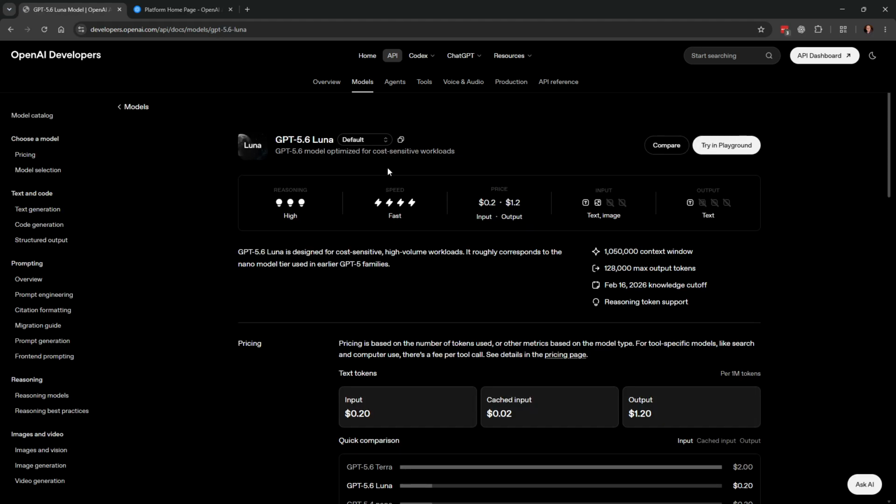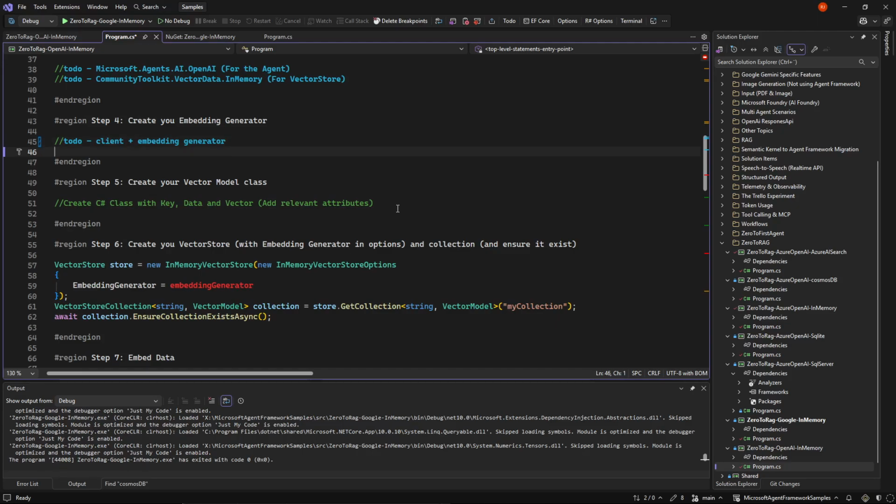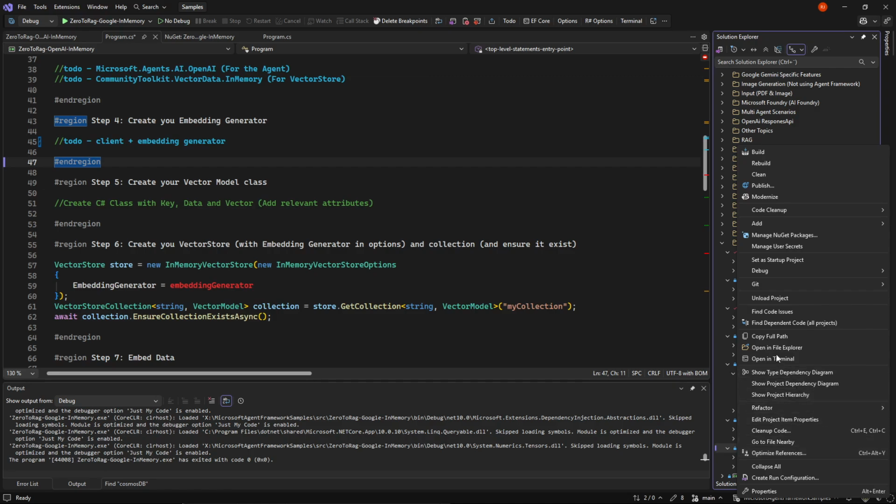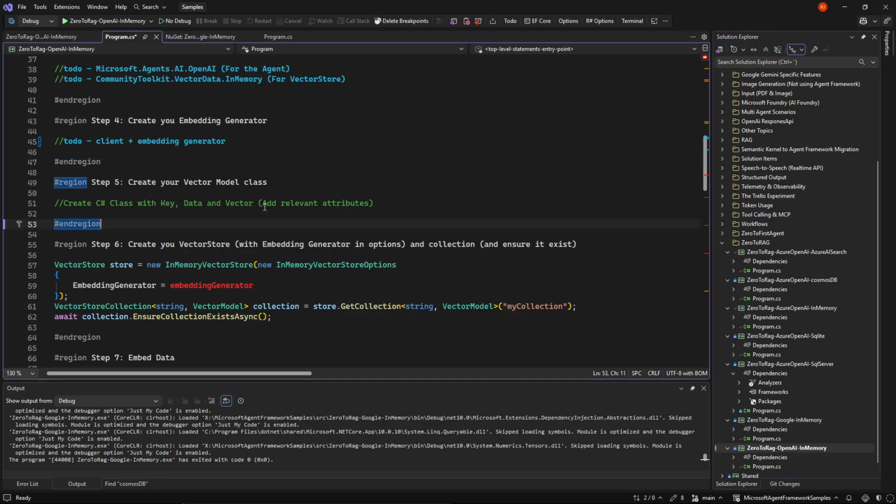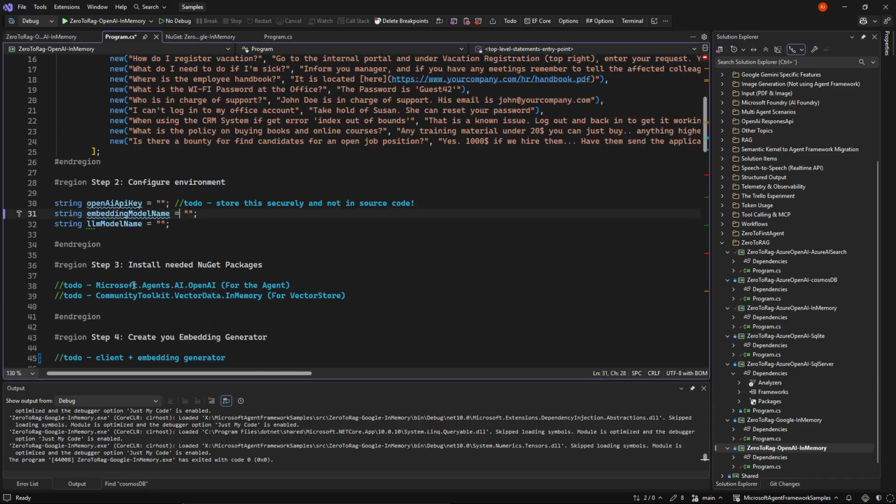So we're going to use Luna for our agents. So here I am in OpenAI specific project here. And I'm going to put in the LLM model. I'm going to find